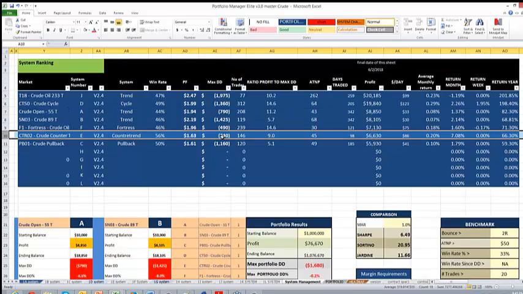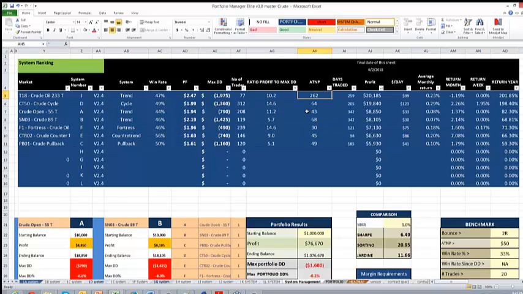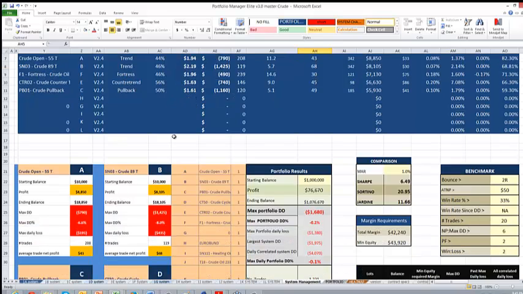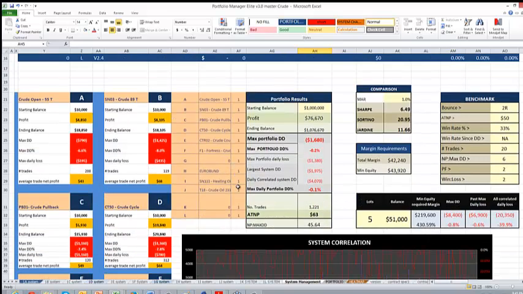So we could definitely improve the overall average trade net profit, which is our goal, because sitting up here on its own, 262 is a very good average trade net profit. The other thing too is that we probably want strategies that have got a good number of trades in them, just so that's showing you a little bit more robustness in the systems. But obviously too, we want to make sure that the systems have got a good profit factor. So across the board, if we're ranking them, one of the other things we would need to consider is, what happens if we take a strategy out? How does that impact our overall